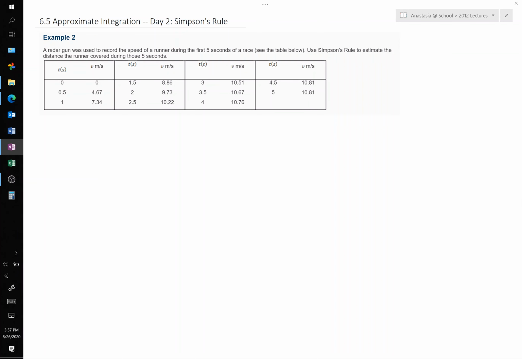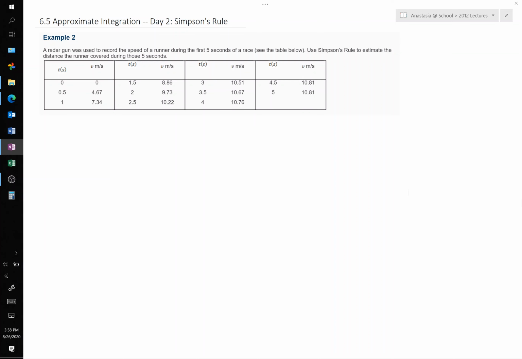Hello, in this video we are talking about section 6.5 on approximate integration. In day 2 of this lecture we're concentrating on Simpson's rule, which is a numerical integration technique. It's something that gives you an approximate value, but it is a much more accurate rule than what we talked about in day 1. So we are going to illustrate Simpson's rule in example 2 here,